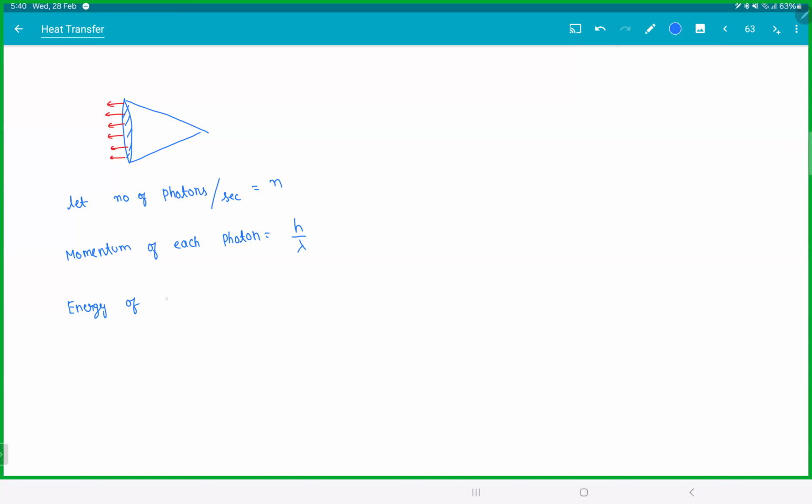Energy of each photon is hc by lambda. Fair enough. So